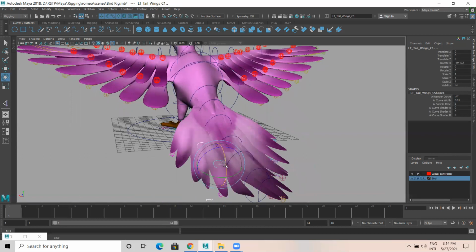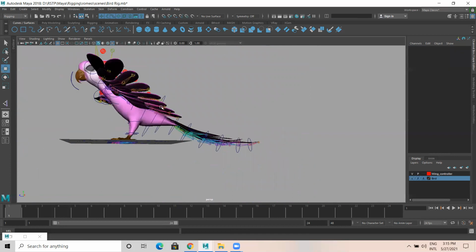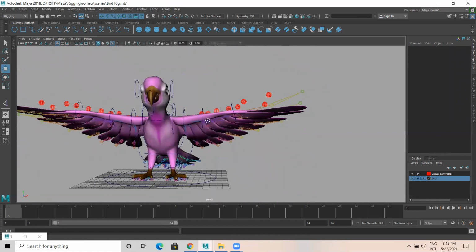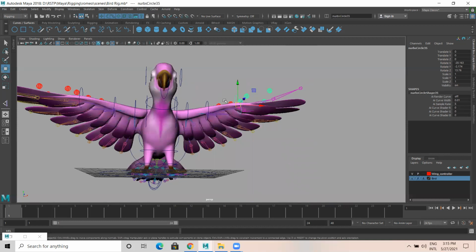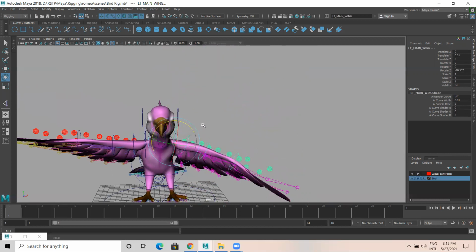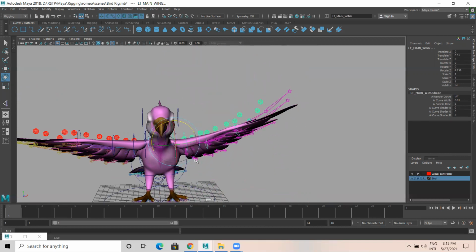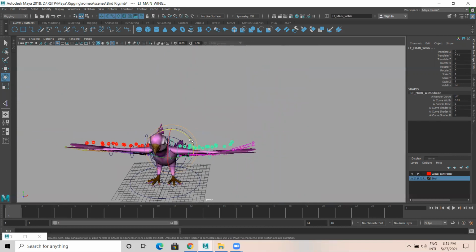Okay, see, not the entire tail part, but a few parts at least, it's working. Anyhow, we have to do skinning separately for that. That we'll do. And I'm selecting this 1, 2, 3, and 4. And when I rotate this, anyhow, the skinning part we have to do somewhere near the chest part. That we will do.